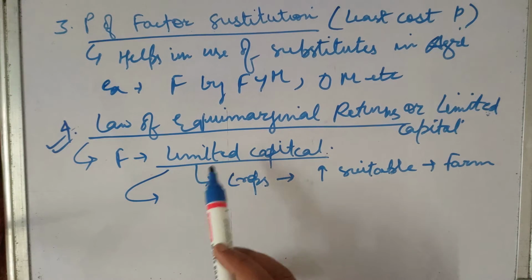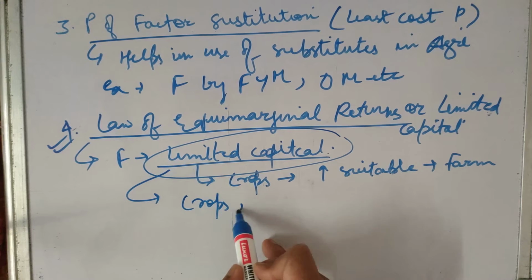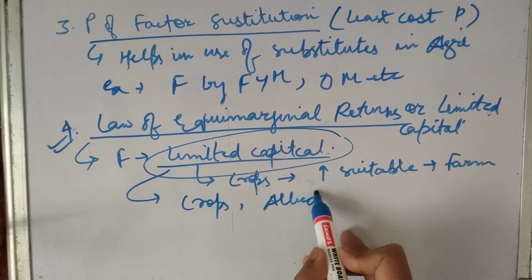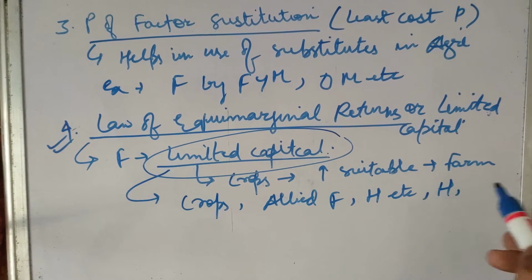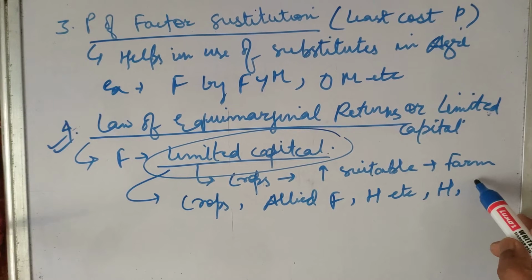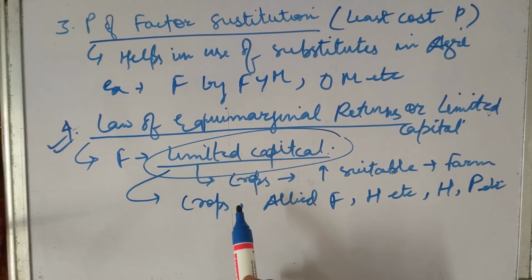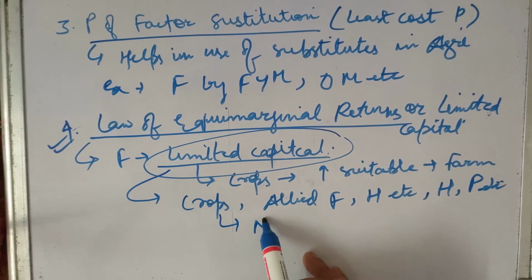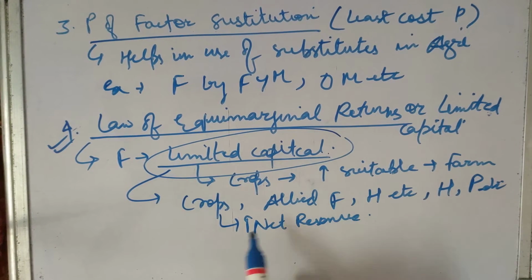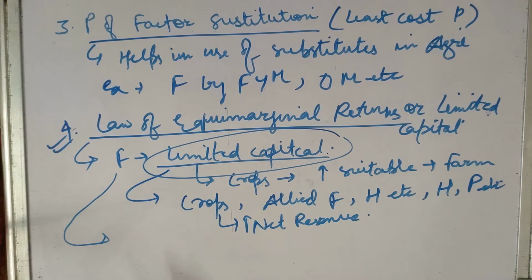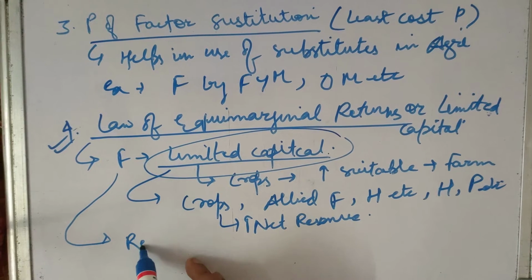Here the farmer has to choose which crops to grow, or allied enterprises such as forestry, horticulture, honey, sericulture, poultry, etc., in such a way that it will maximize the net revenue. Hence, this principle states that resources should be used in crops and enterprises in such a way